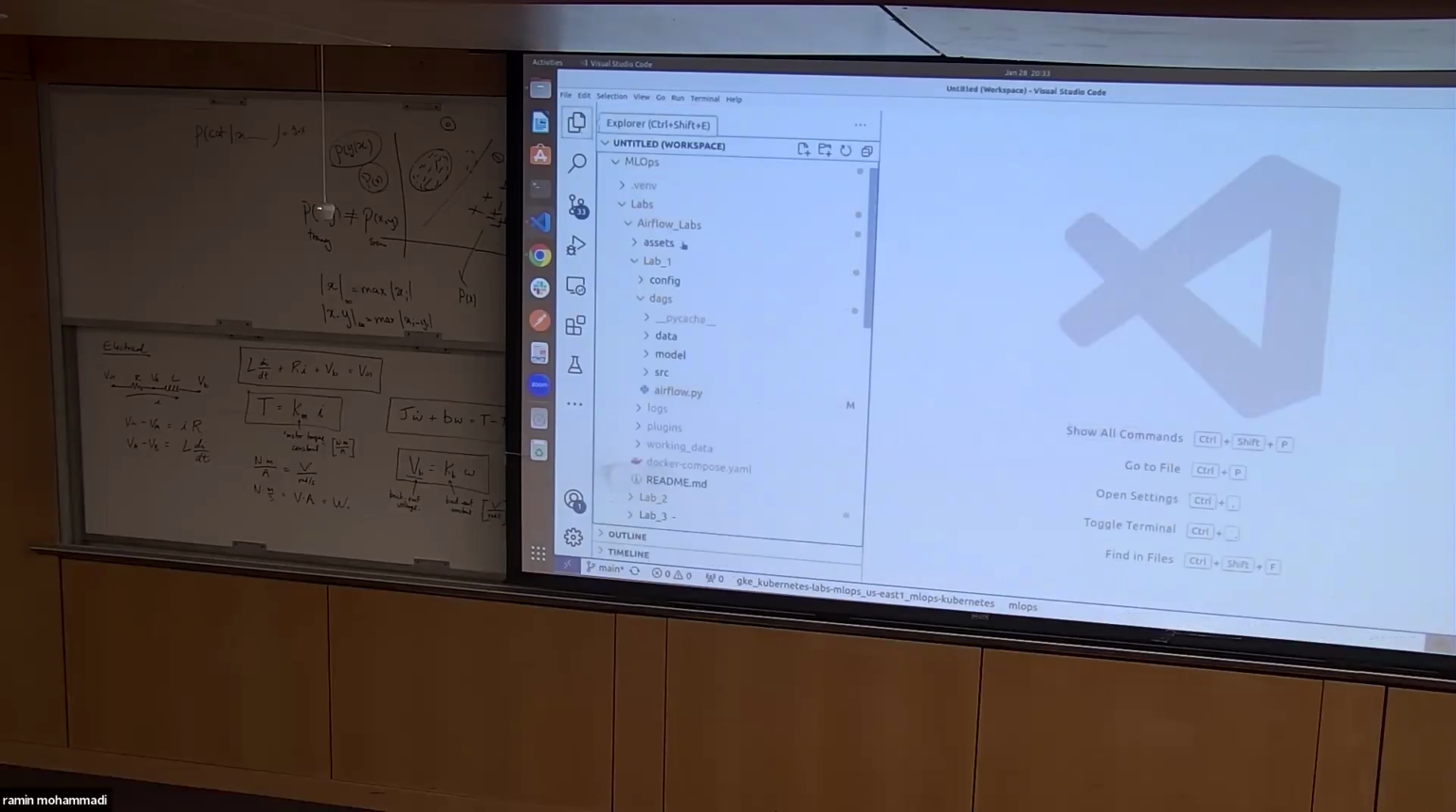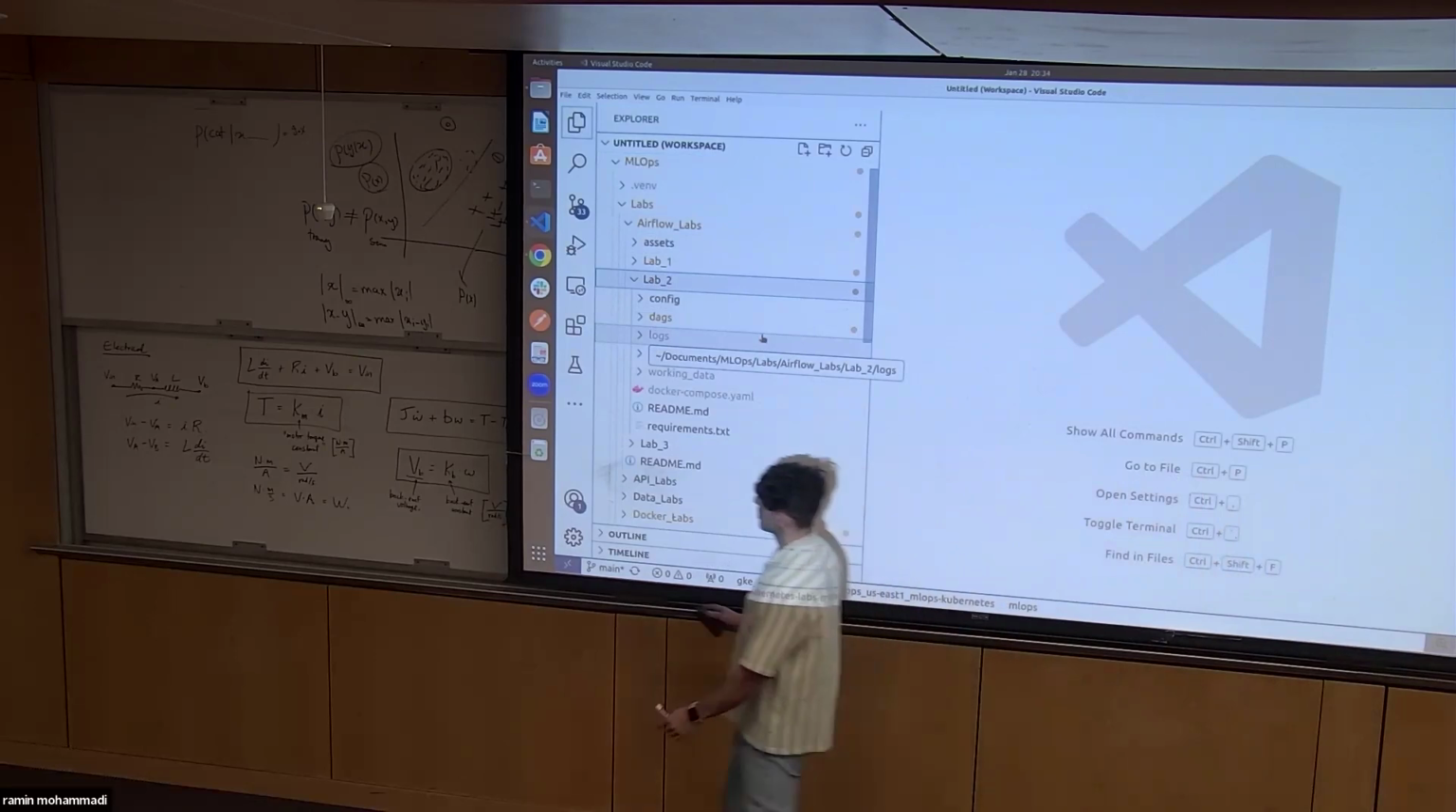So let's go to lab 2. Now, the idea is the same thing. Now we want to just add a little details to this. So let's say you are building an